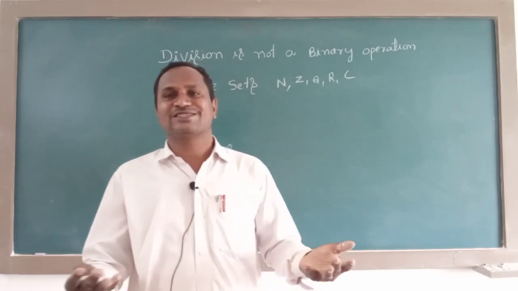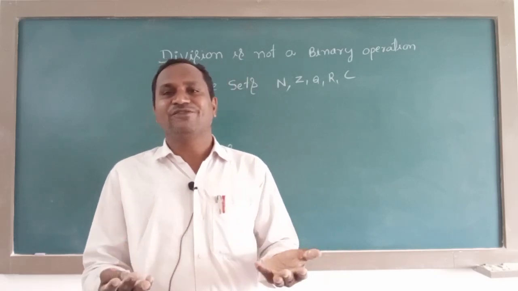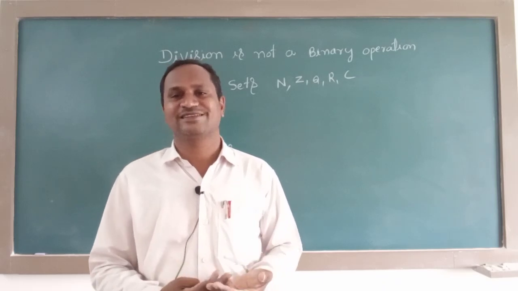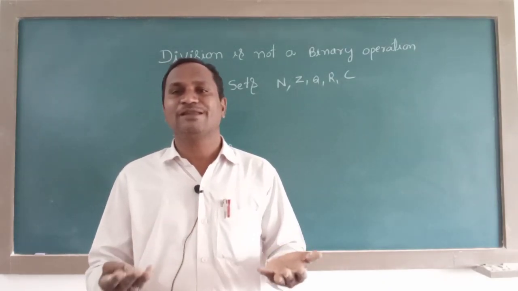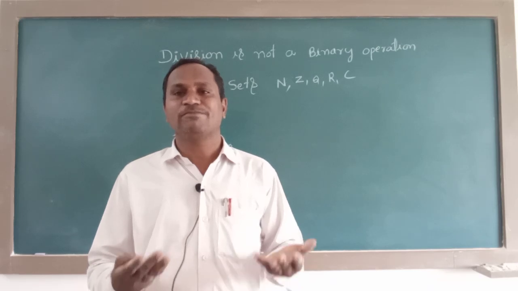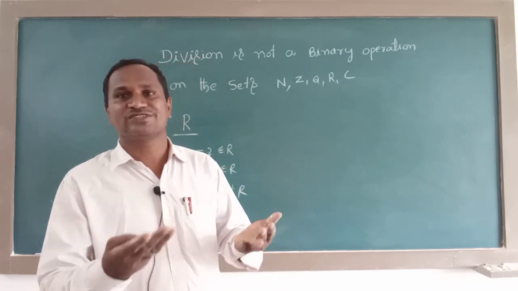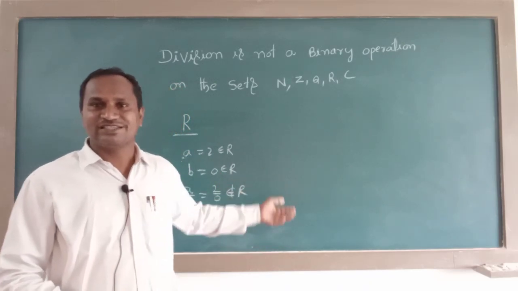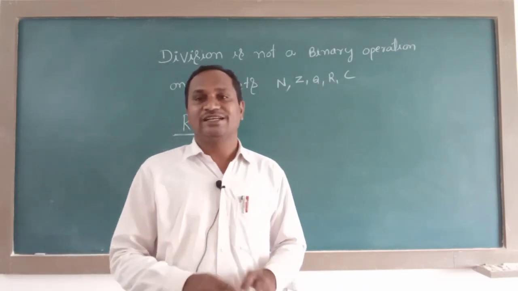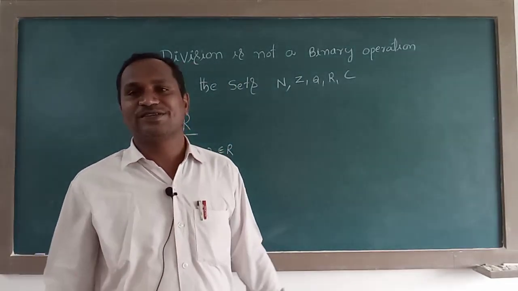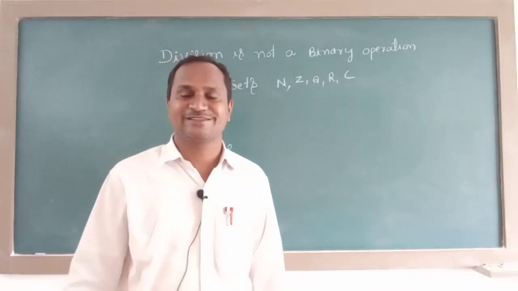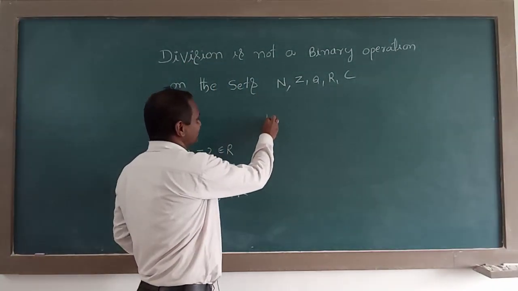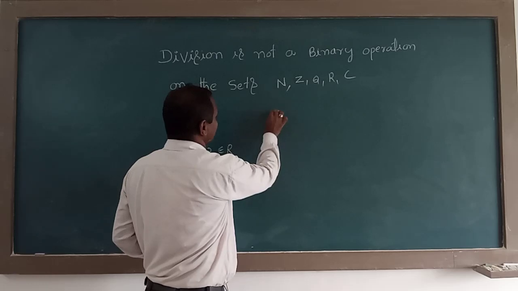But in all these cases, we are saying that infinity means meaningless terms. Meaningless means we can't give any perfect number or perfect meaning to that. That's why those numbers are not present in the set of all real numbers. Because of this reason only we can say here division is not a binary operation on the set of all real numbers. Even in case of R, or in case of Q also here.